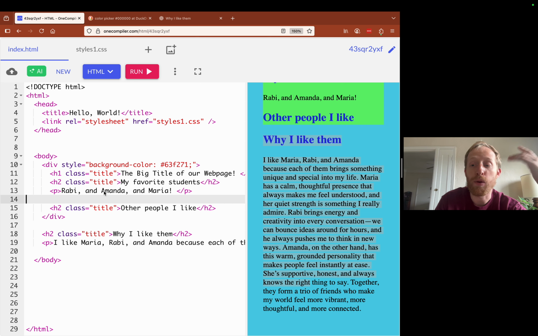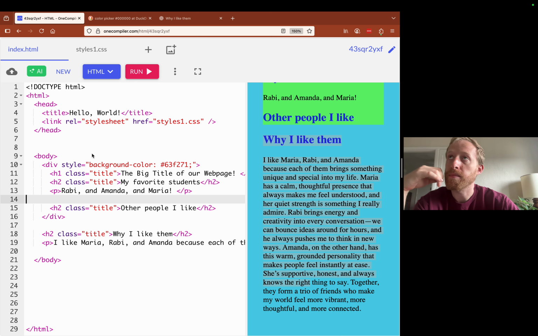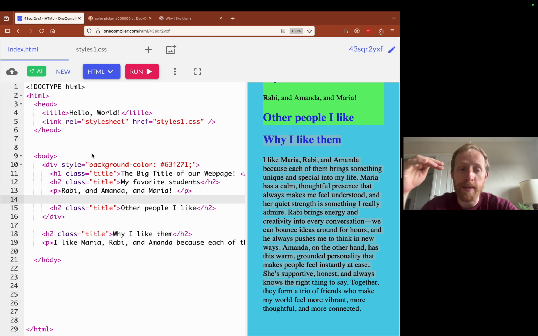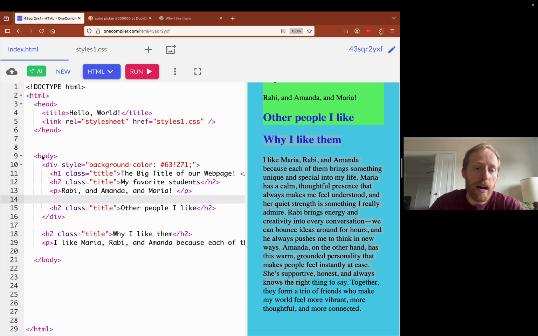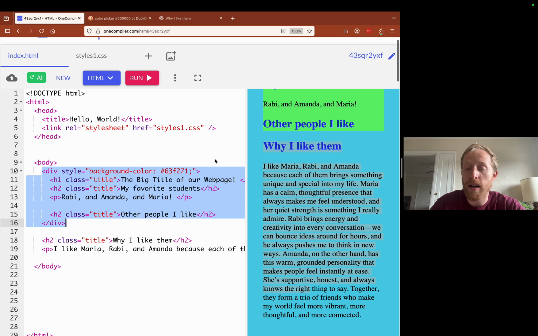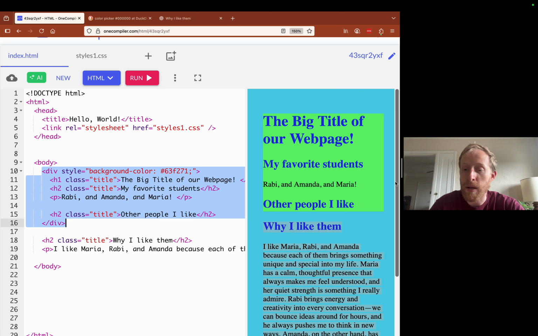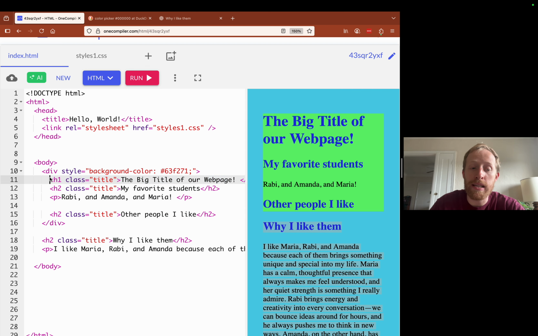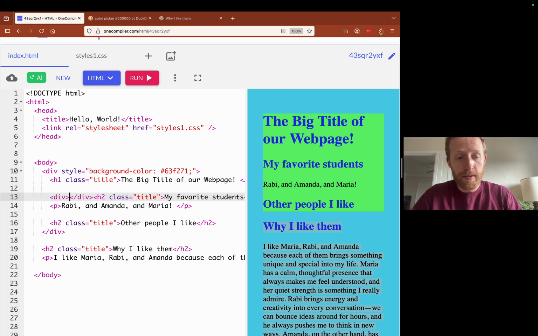So again, with this div, you almost instantly see this pyramid style structure. We have the base, where body is the base essentially, and then here we have a box that we layer on top of that base, and then we put these elements in that box. And then what I can do again, if I'd like, is put another box that I open here, and I'm going to close it here.